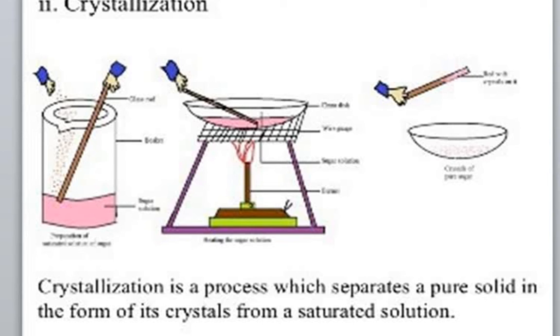In this process, take 100 ml water in a beaker and prepare a saturated solution. For example, keep on mixing sugar in water until it can dissolve no more sugar. That is your saturated solution. Then transfer this saturated solution into a china dish. Heat the china dish on a wire gauze. Stir with a glass rod. When small crystals start appearing on the glass rod, stop heating. Allow the solution to cool without disturbing it. Small crystals of pure sugar will appear in the china dish.